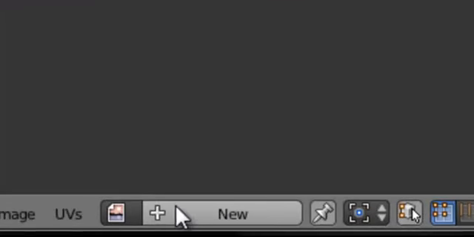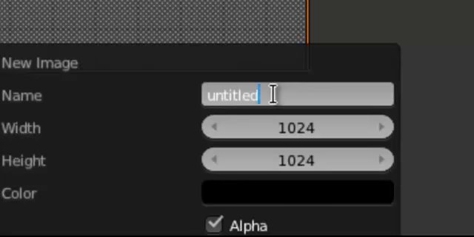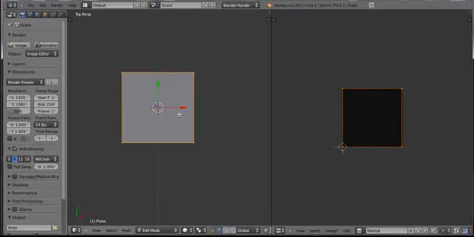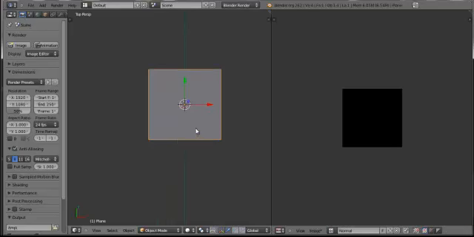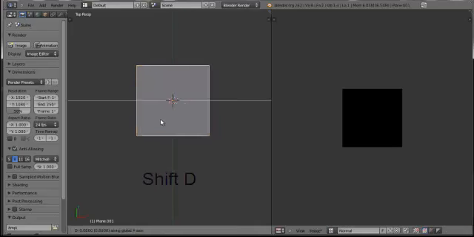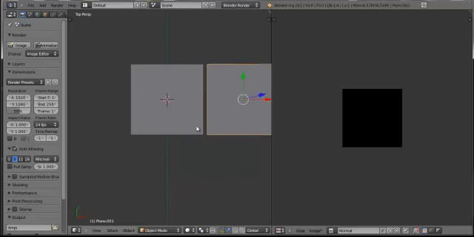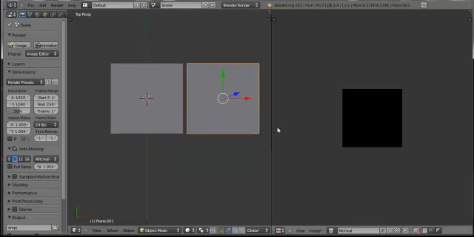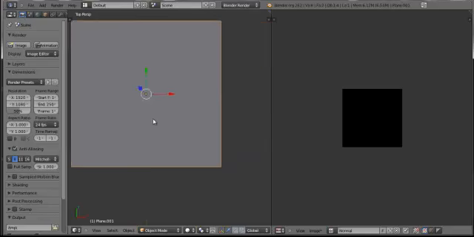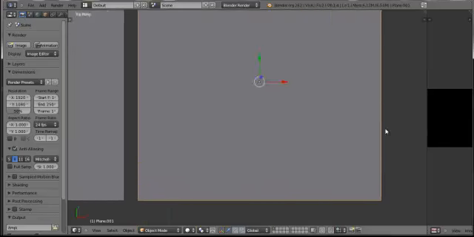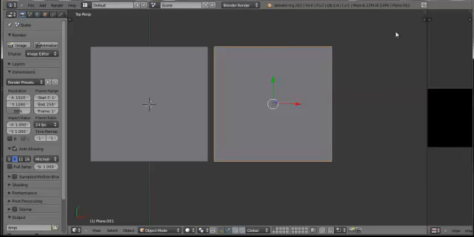Now we'll go new and call it normal. Okay, just get this. Now I can just press tab again and duplicate it by going Shift D. So you should get that. And this one will be our complicated mesh. So zoom up to it and maybe drag this across. Yep, and then I will just press tab